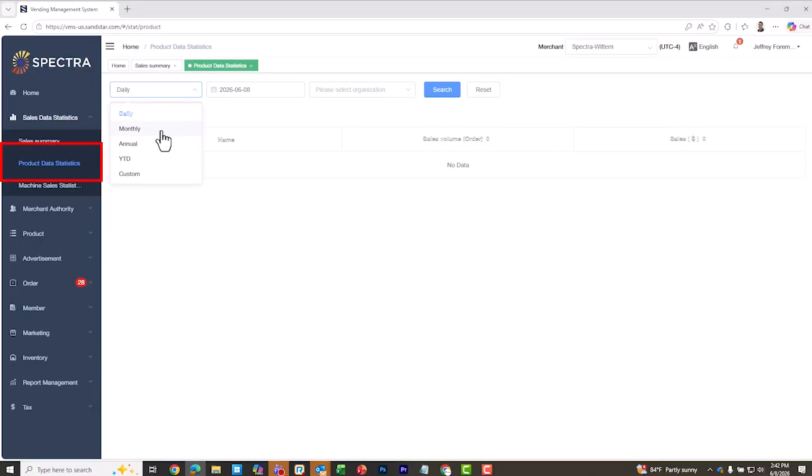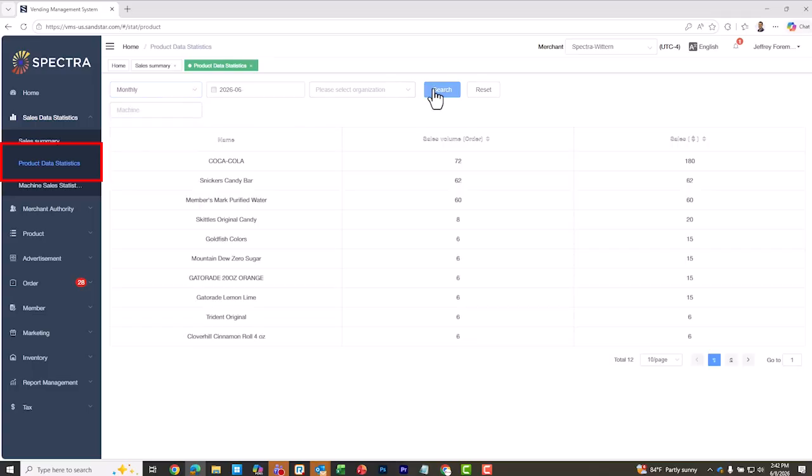The Product Detail Statistics page is where you can gather sales information about individual products over a certain period of time. In this example, we are looking at sales for the month of June. These columns show the amount of each product sold and the amount of money earned from the sale of each